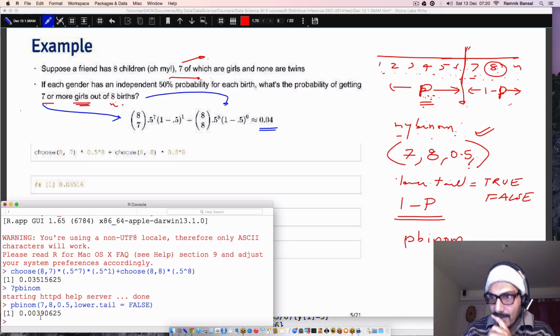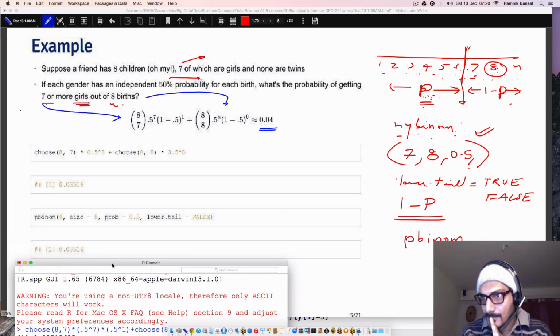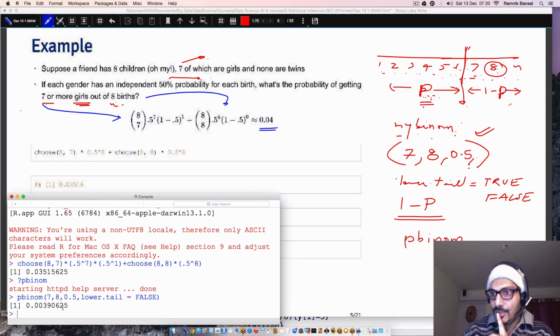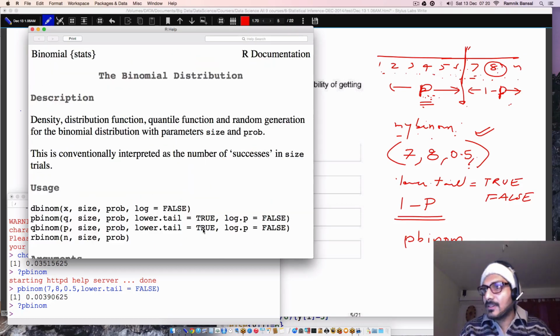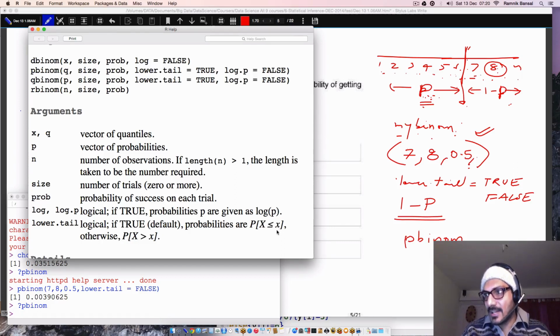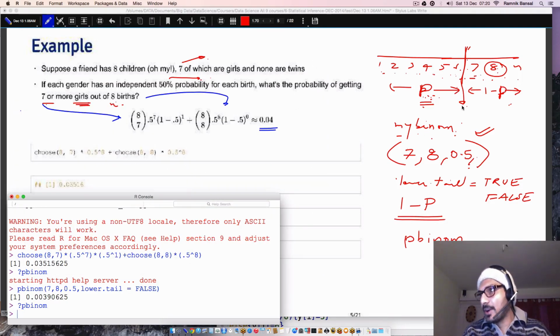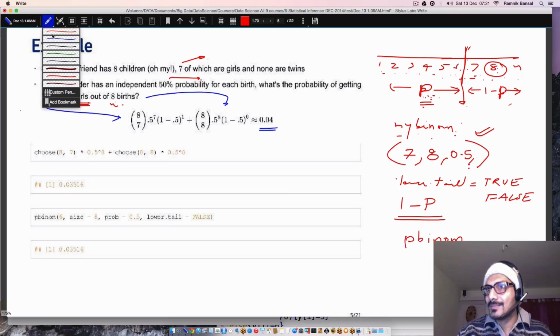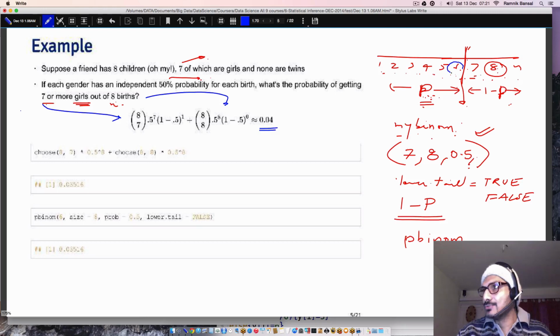No, something is wrong here, right? What went wrong? Sorry, it should not be 7. Let's look at the definition once again, right? pbinom. Where I'm cutting it, that is the probability of X less than or equal to x, right? So I should be cutting it at 6, not at 7, right? So my cutting point would be determined by this value and not this value, all right? That's just whichever you start following, okay?